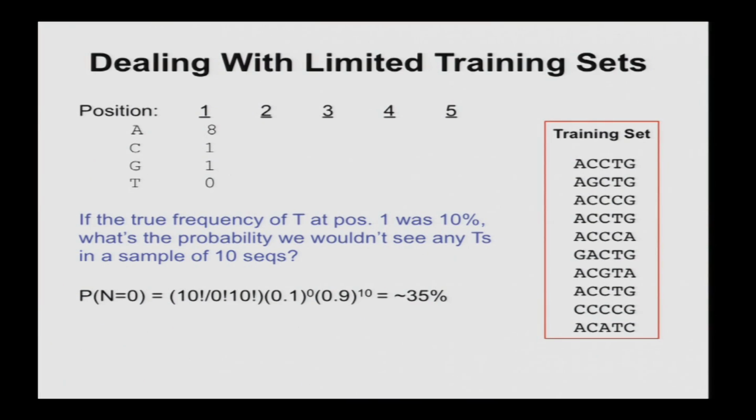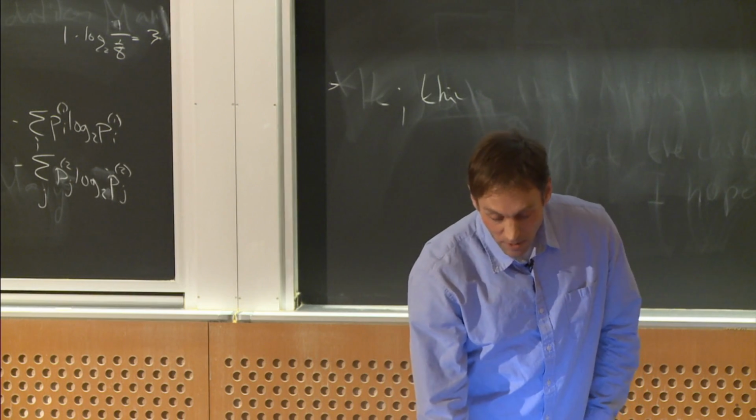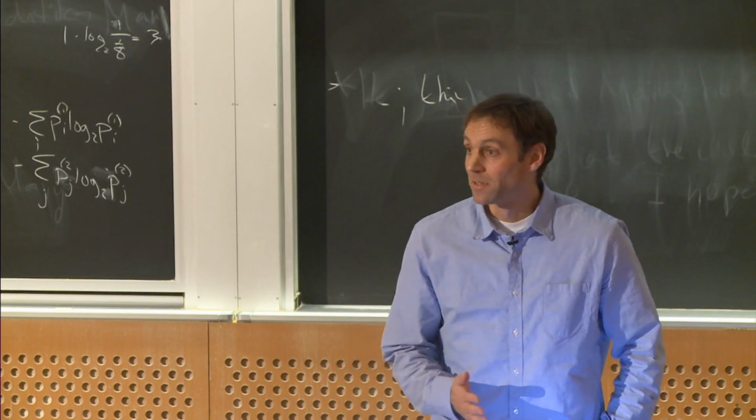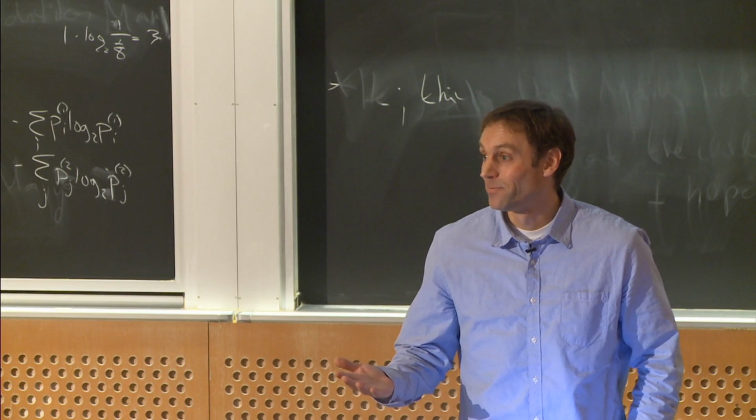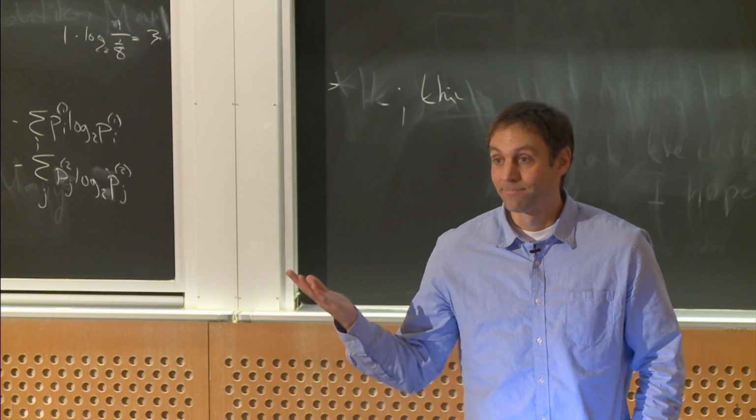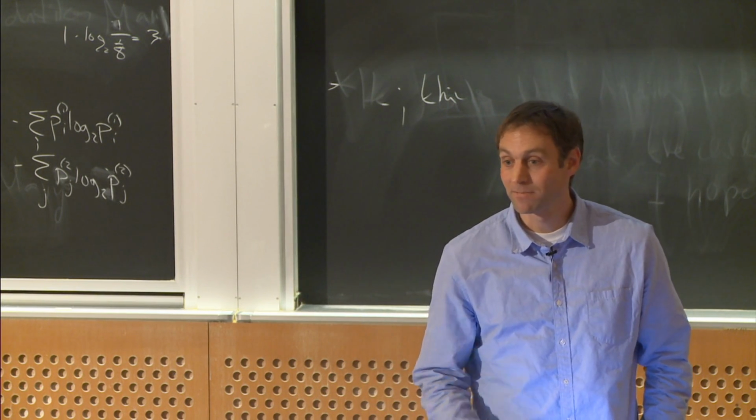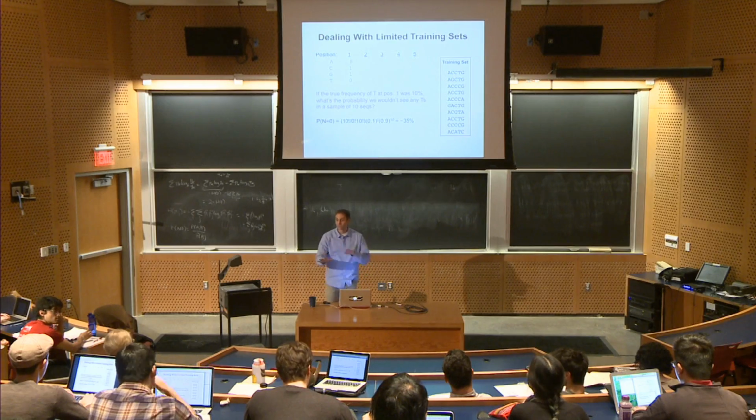So we really shouldn't be confident. T probably doesn't have a frequency of 0.5, right? But it could easily have a frequency of 10% or even 5% or 15% perhaps, and you might have just not seen it. So you don't want to assign probability 0 to T. But what value should you assign, for something you haven't seen?